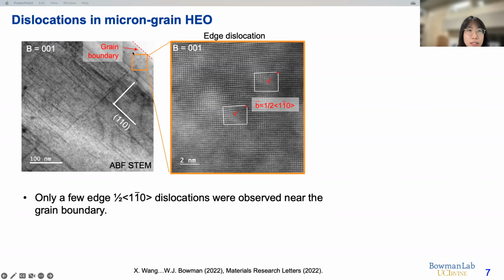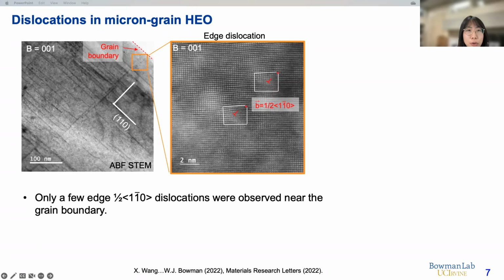As we discussed earlier, the dislocations usually appear as very straight dislocation lines, and they were on the 110 planes. These 2 perpendicular 110 planes are marked by these 2 white lines. The dislocations seem to be parallel to these 110 slip planes. And we also notice there are few edge dislocations, and most of them appear as screw dislocations.